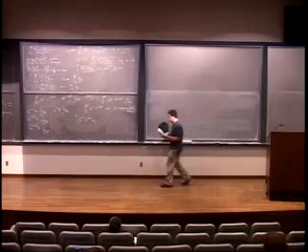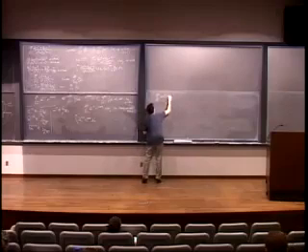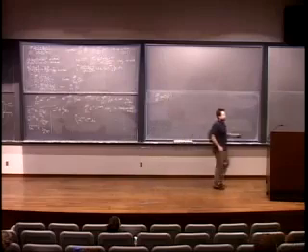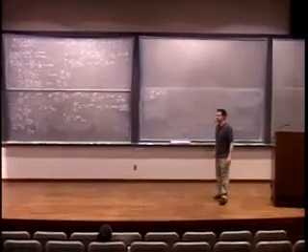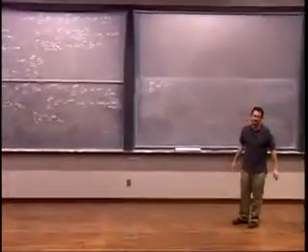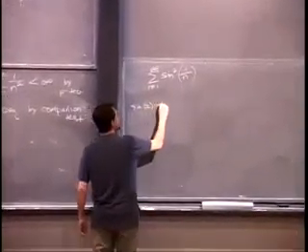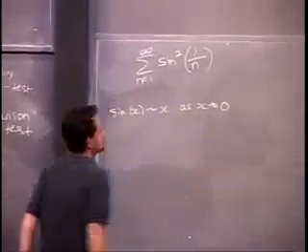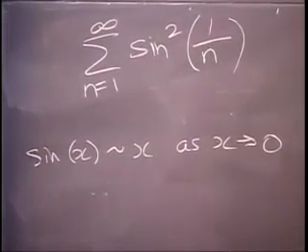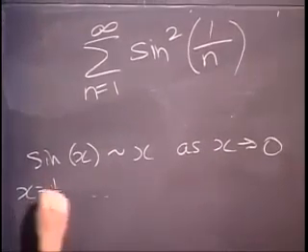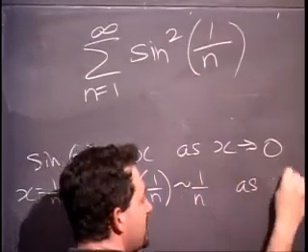All right, so here's another example. Sum n equals 1 to infinity, sine squared of 1 over n. Now, in this case, when n gets large, what happens to 1 over n? Small, near 0. So we're taking a sine of a very small number. You may recall that sine x twiddles x as x goes to 0. After all, the limit of sine x over x is 1. So that's a classic thing. Again, we did this for improper integrals. If we let x equals 1 over n, then sine 1 over n twiddles 1 over n as 1 over n goes to 0,